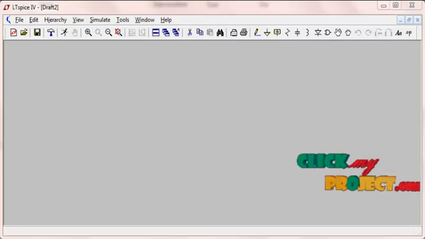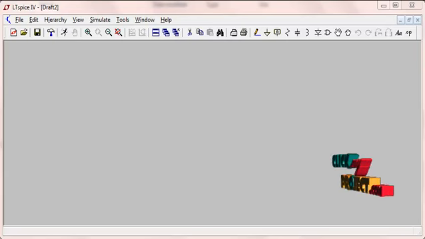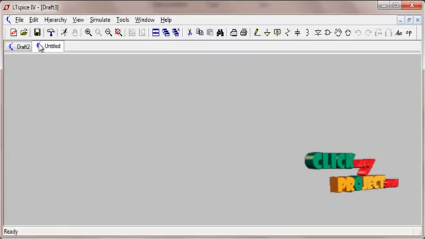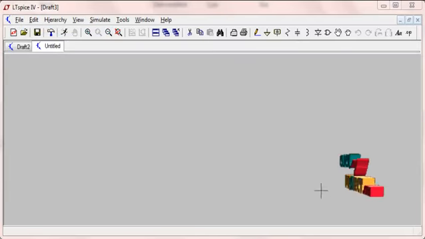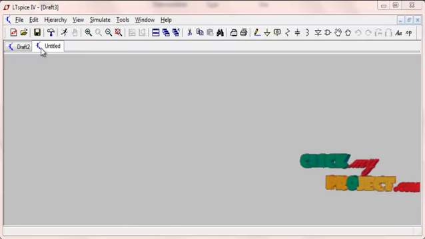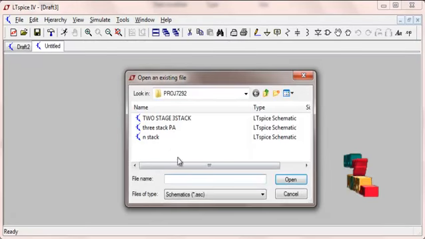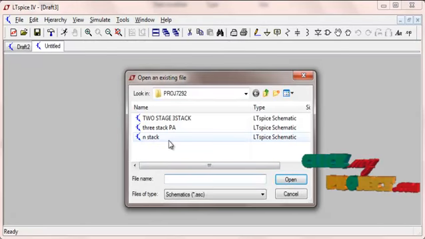Now we are going to discuss the running procedure of our product. Our product can be implemented by the LTspice simulation tool. Open the tool window and create a new schematic using the File menu. Our product can be implemented using three different modules. They are the N-stack and 3-stack power amplifier, and the 2-stage 3-stack power amplifier.